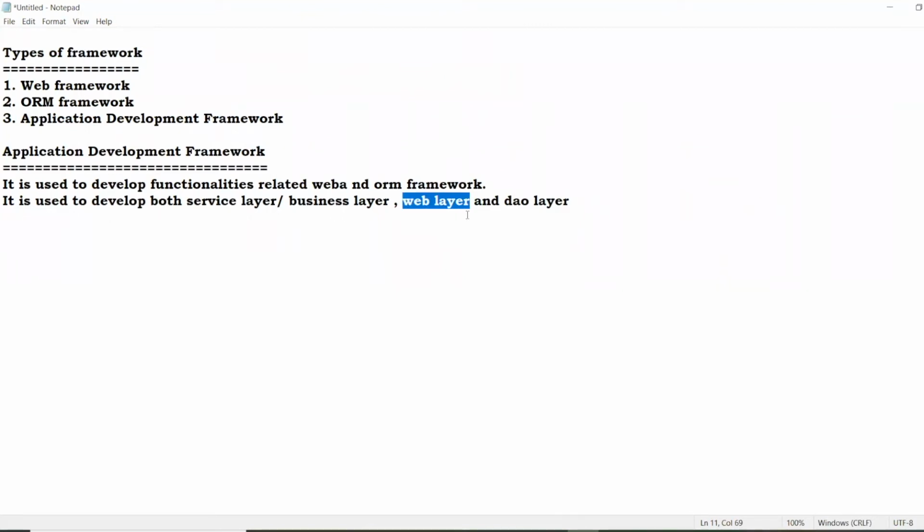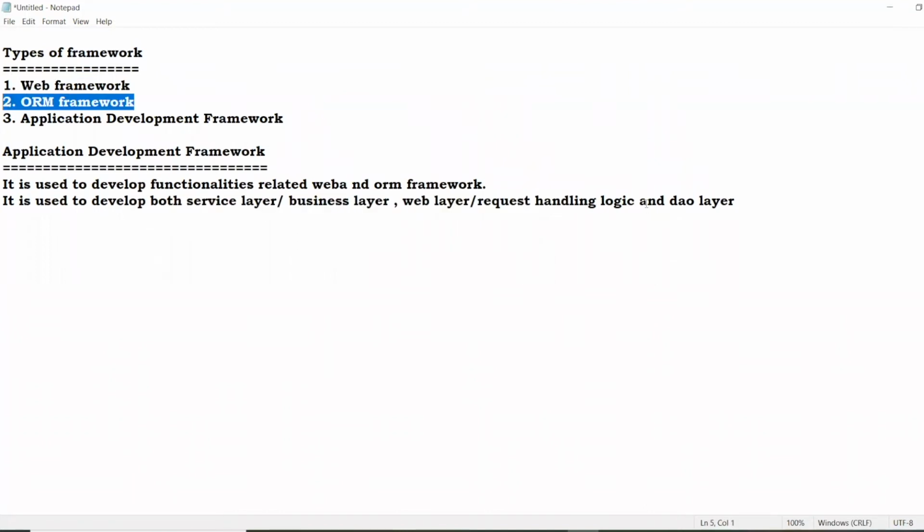So if I'm clicking on inbox, all my messages which are coming to my mail will be displayed. If I'm clicking on sent mail, whatever messages I sent to other mails will be displayed. That is the actual logic of Gmail. So the actual logic of any application is called business logic or service logic. According to our requirement, the appropriate classes will be executing. That is called the web layer. Simply you can say request handling logic. By using a web framework, we can develop these two.